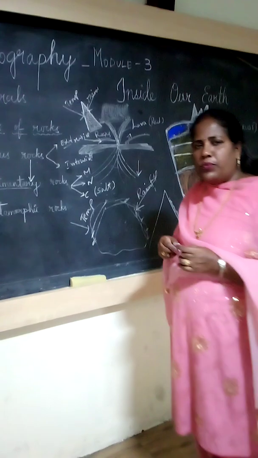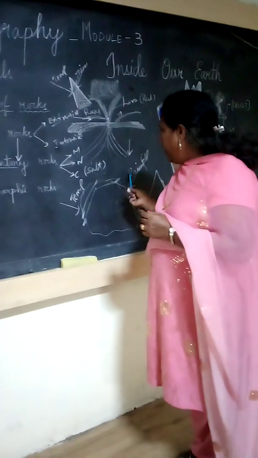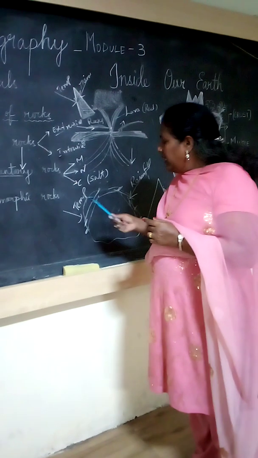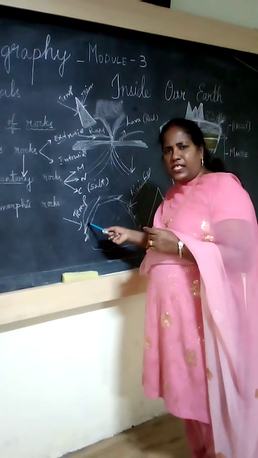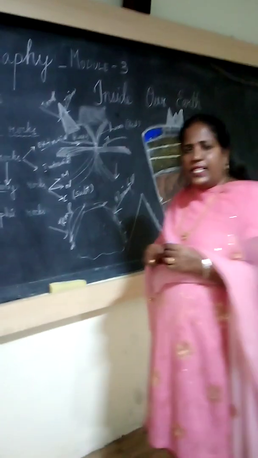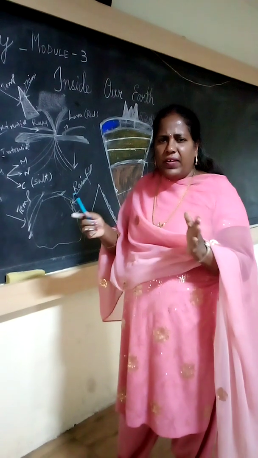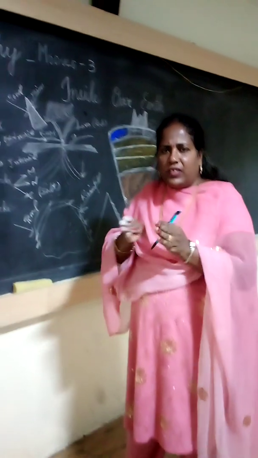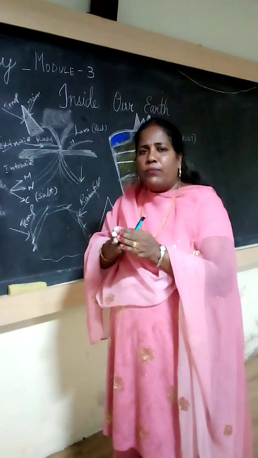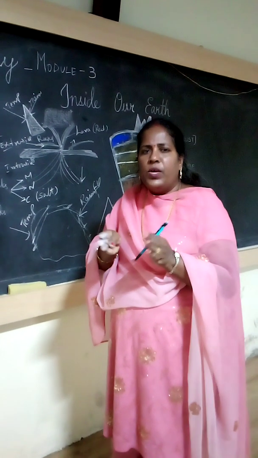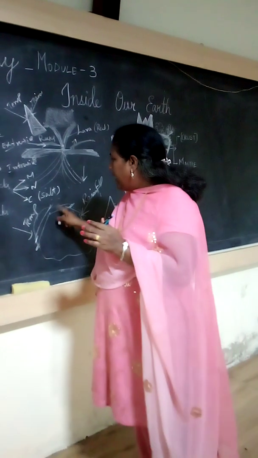So the denudation process: the agents are rainfall and temperature. In this, the daytime temperature is more, and in summer also the temperature is more. When the temperature is more, the stone will expand. At night time when it cools, it contracts and comes to close. Expanding, then contracting, then the rock becomes weak, and when it becomes weak, it will start to crack.